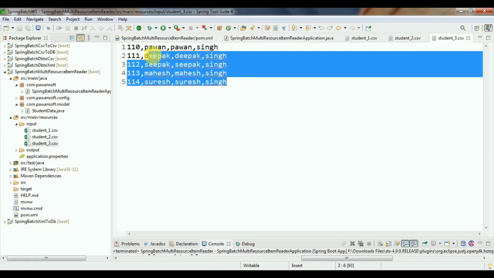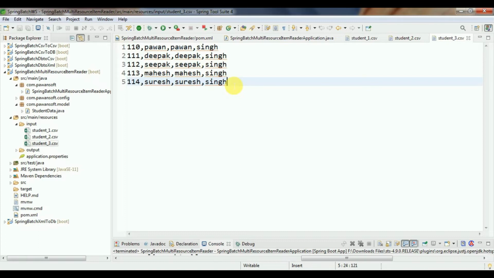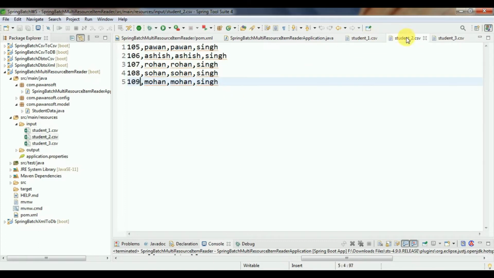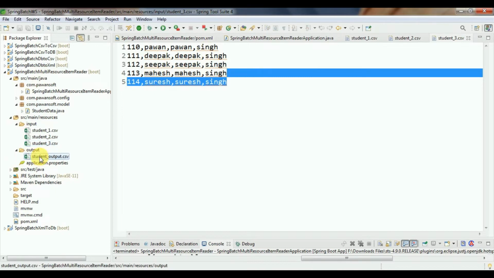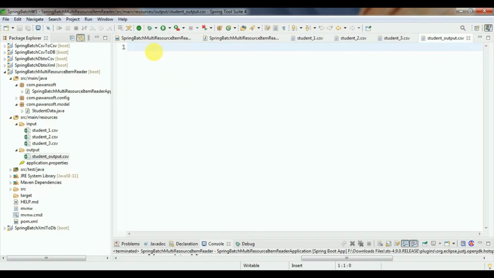So these 15 records I am going to read from these 3 CSV files, and the same data I am going to write into the output folder. Inside the output folder I have studentoutput.csv, and currently you can see it is empty.